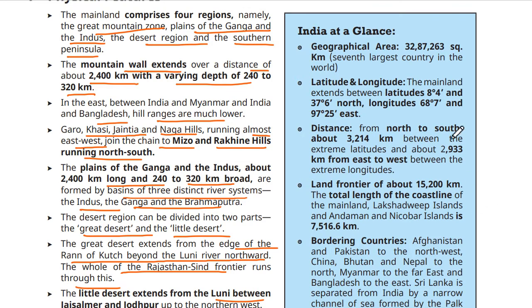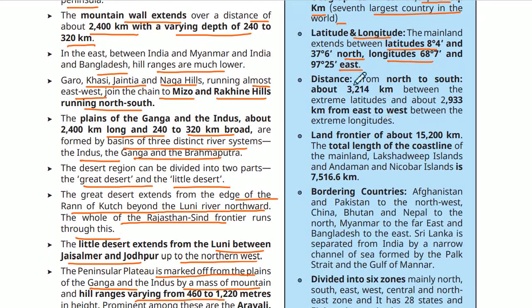India at a glance. Geographical area 32,87,263 square kilometer, seventh largest country in the world. Latitude and longitude. The mainland extends from latitude 8 degree 4 minute to 37 degree 6 minute north, longitude 68 degree 7 minute east to 97 degree 25 minute east. Distance from north to south about 3,214 km between the extreme latitudes and about 2,933 km from east to west